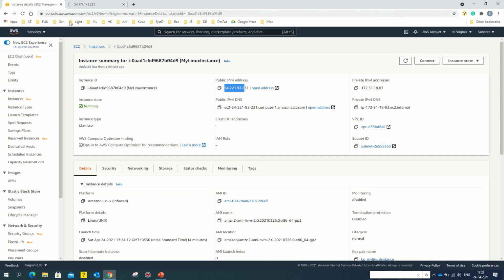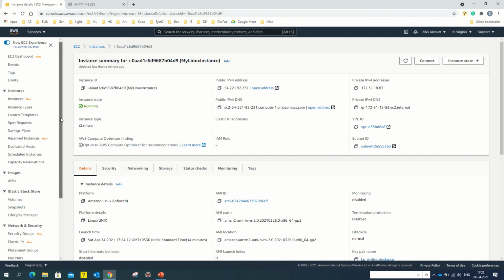The other option AWS provides is that you can have a static IP address associated to your EC2 instance, using the elastic IP address configuration. So for that purpose, let's see how to create an elastic IP address.